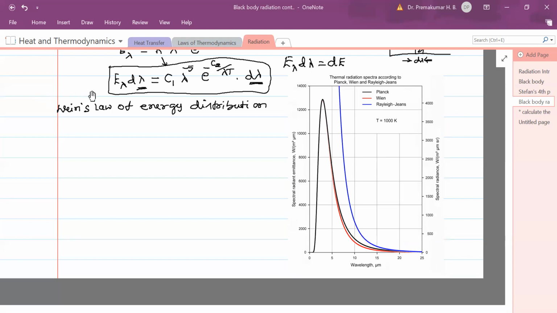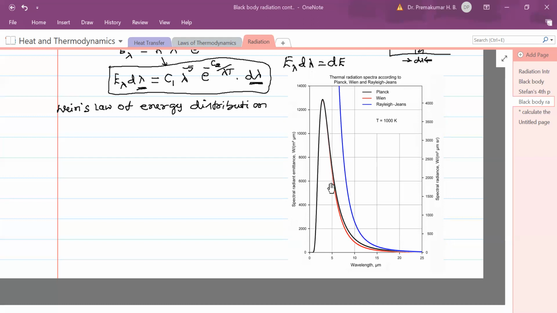So according to Wien's law, Wien could explain exactly how the experimental curve traces by using the equation he derived, maybe up to here. Exactly tracing means they're overlapped. I can't see even the red line, only the experimental curve, because they are exactly overlapped up to this portion. But after that, you can see there is a slight deviation.